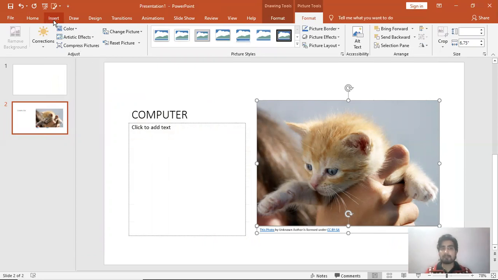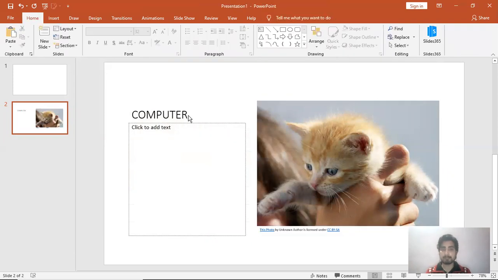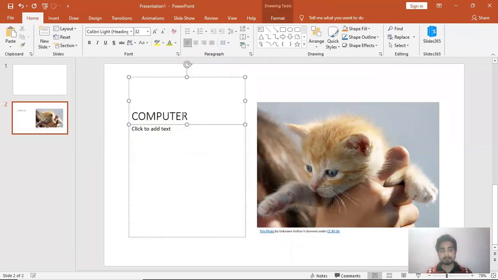Like that only, we have different other options also available in PowerPoint for making our presentation more attractive. For example, now suppose if I want to design my text here. Now here computer is written in a plain text. I want to give it some design. So I just need to select the text which I want to change or which I want to do the formatting of. Then go in the format tab.